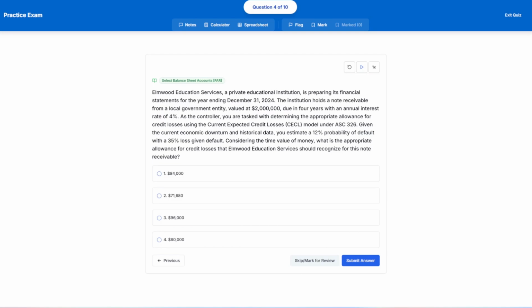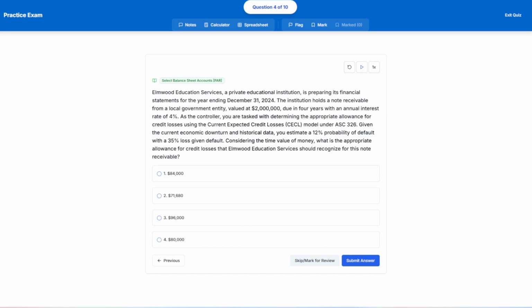Option 1 suggests an allowance for credit losses of $84,000. This might seem tempting because it's the direct result of multiplying the probability of default, the loss given default, and the exposure at default. However, this option doesn't consider the time value of money, which ASC 326 requires us to do for long-term assets. So despite its appeal, it can't be correct. Option 2 gives us